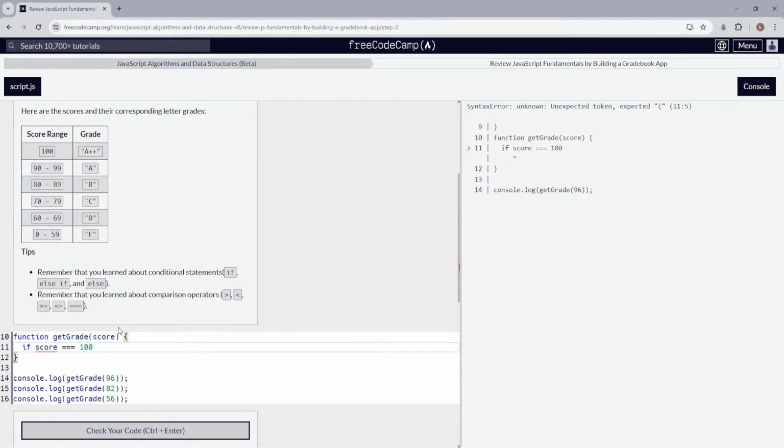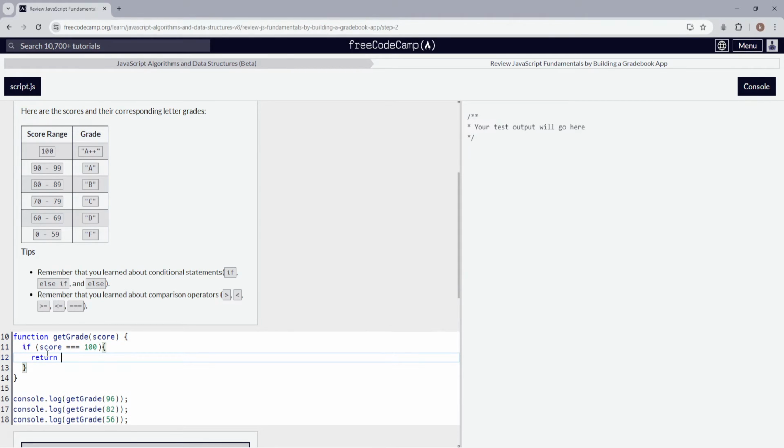What I forgot over here is my parentheses. So if score is equal to 100, then we're gonna return a string A++. Okay, and then we can have an else if